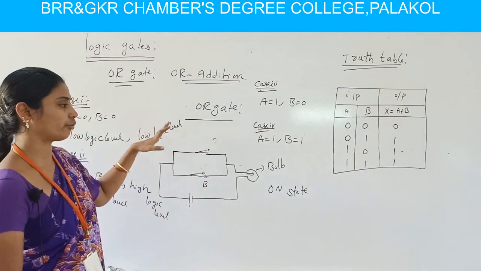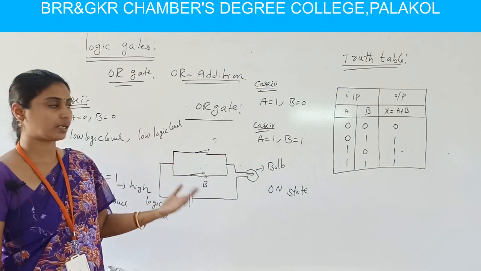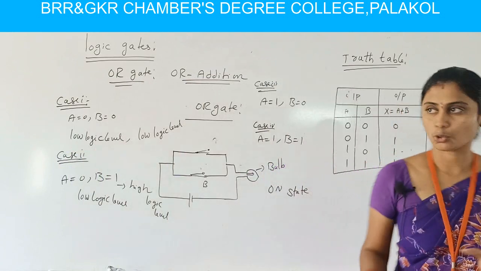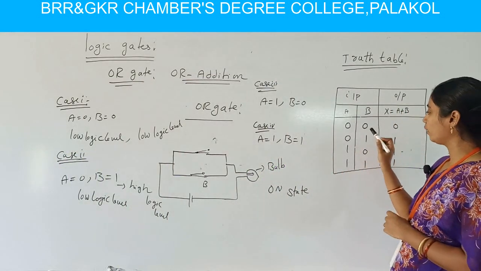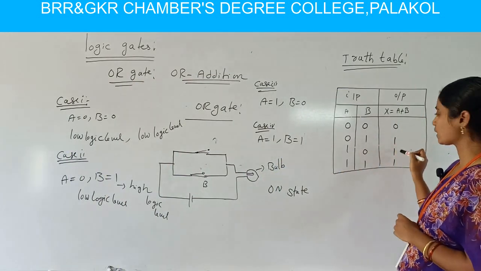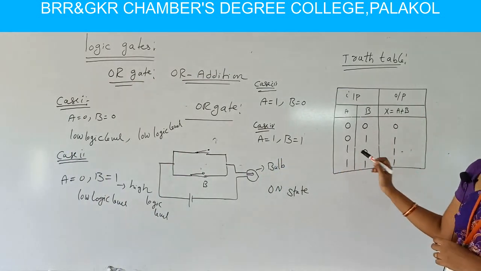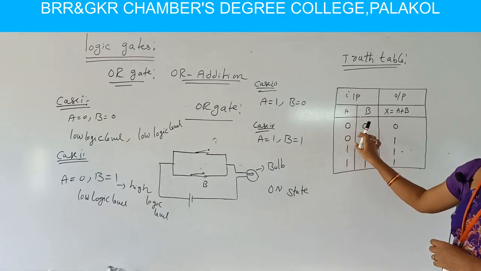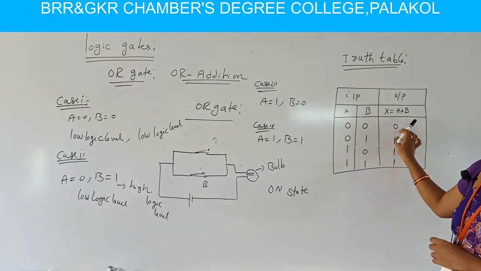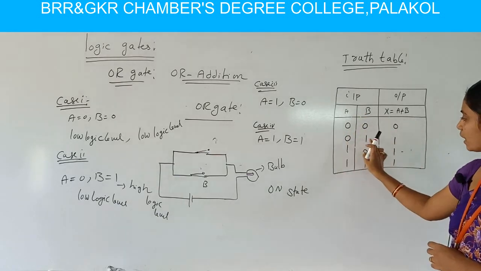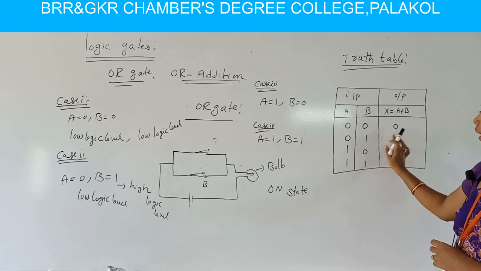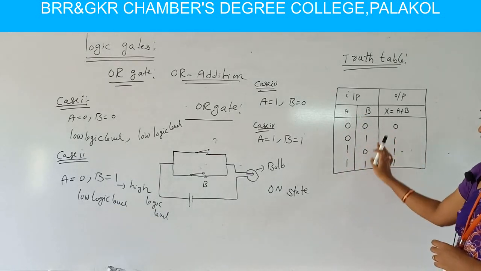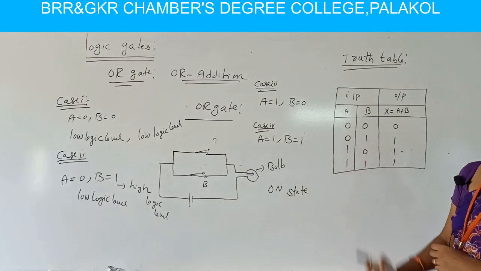Okay, so from these four cases we observe and conclude that whenever a single input is high, the output is high. By observing this truth table, we can conclude that in the first case both inputs are low, and only in this case the output is low. In the remaining cases, if any one input is high, the output is high. So here the operation is nothing but binary addition. We have the truth table for the OR gate as follows.